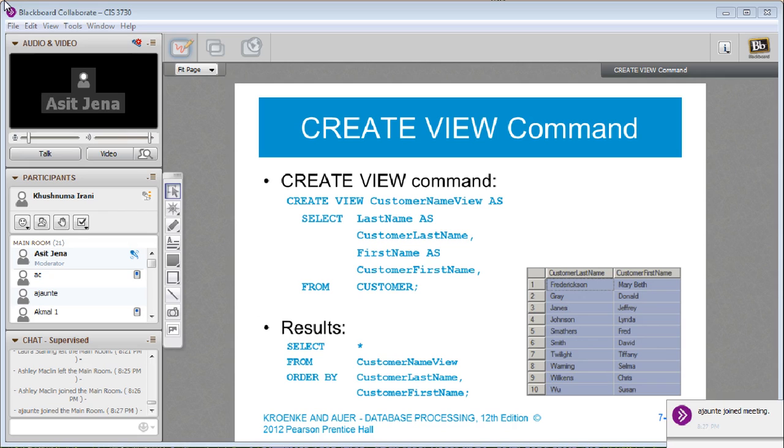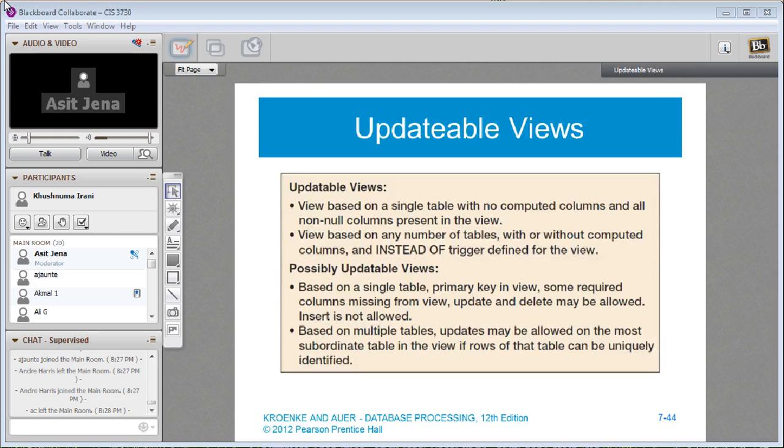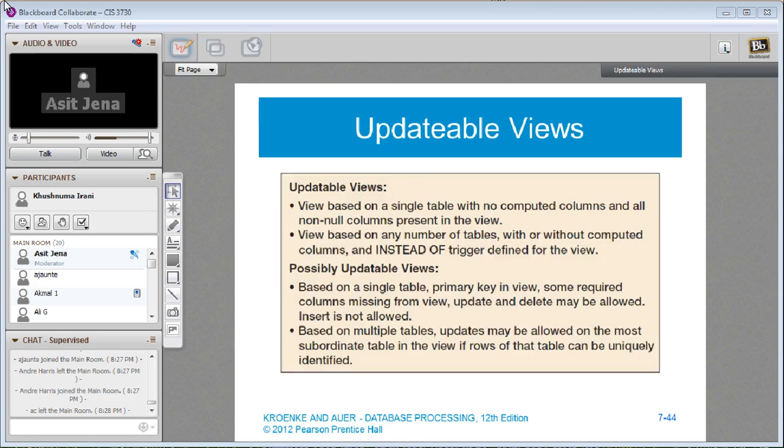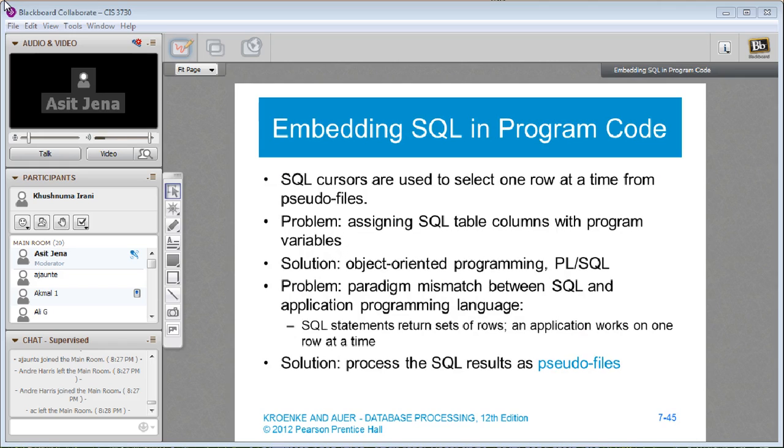Here is an example of a view. I'm never going to ask you how to write a view. This is probably beyond the class that we are in. But you want to know that in real life, views are used widely, because in complex database systems like a human resources system where there are thousands and thousands of tables, it is very critical that different groups of people, whether they are working on different projects, get access to different sets of information without copying that information to different sets of tables again and again. So that's the reason. I will stop on the view there. I'm not going to ask you to write views.